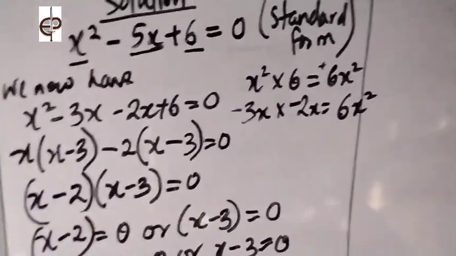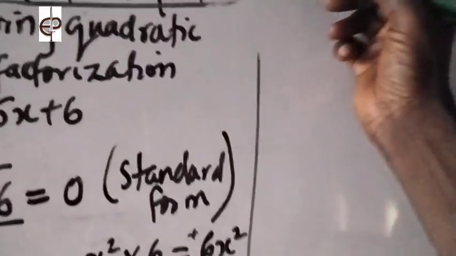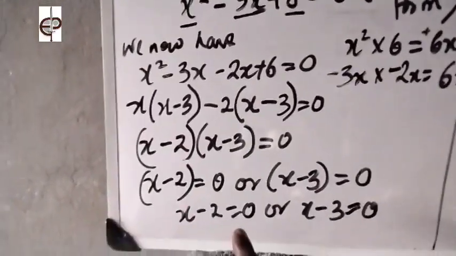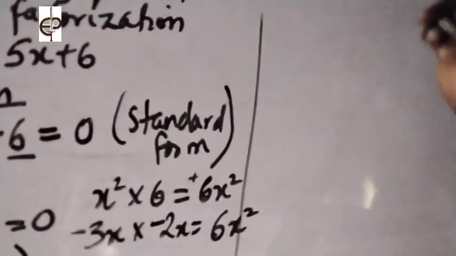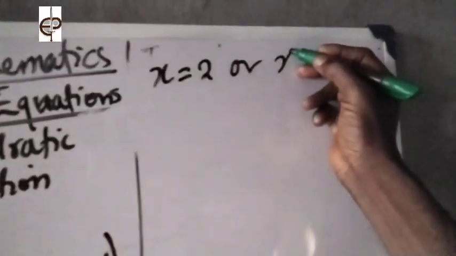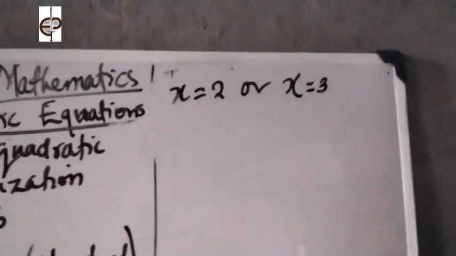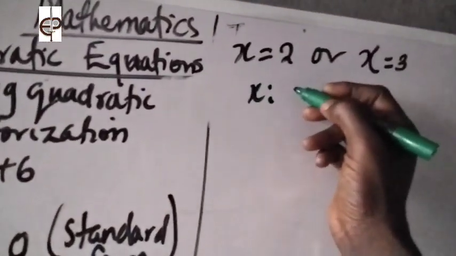We can come to this place and use this part, and then we have this place. If you take the constant term here to the other side of the equation, you have x equals 2, or x is equal to 3. So what we are solving for, the values of x, is equal to